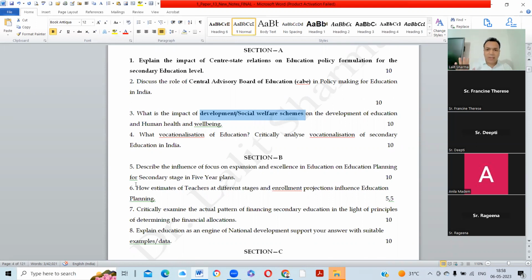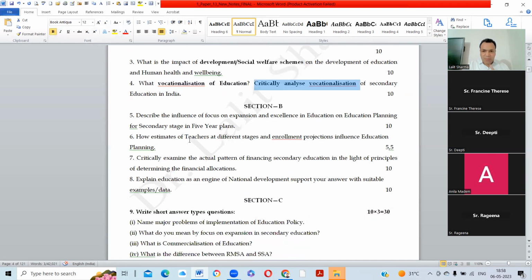And the fourth is vocationalization of education: what is vocationalization of education, and critically analyse it. So these 4 questions we will discuss today, and from section B we will discuss 8